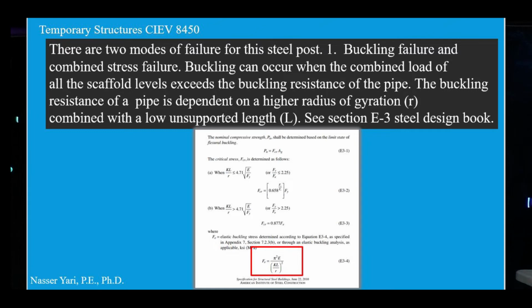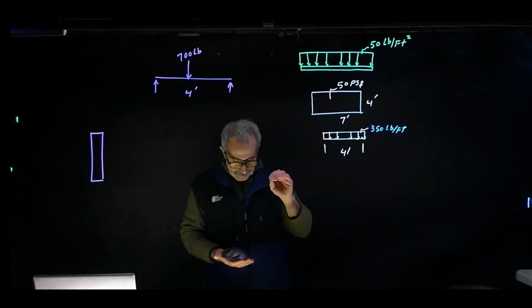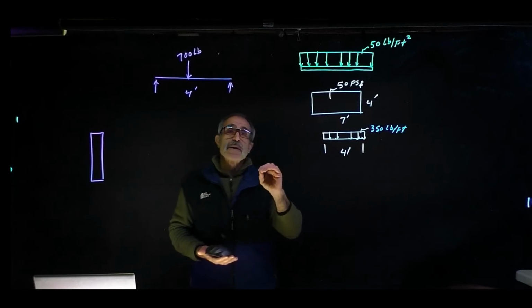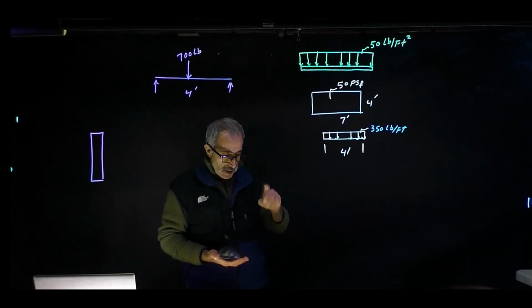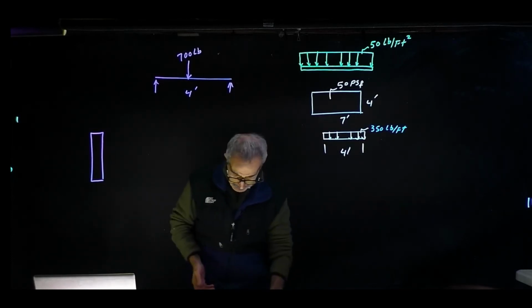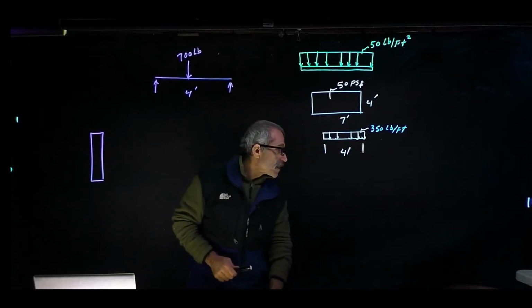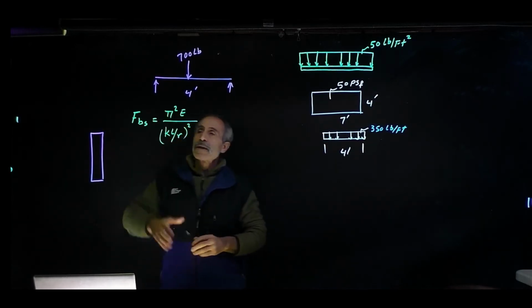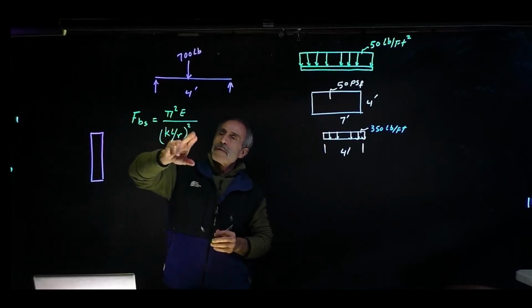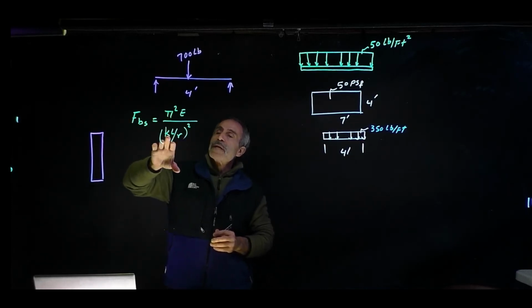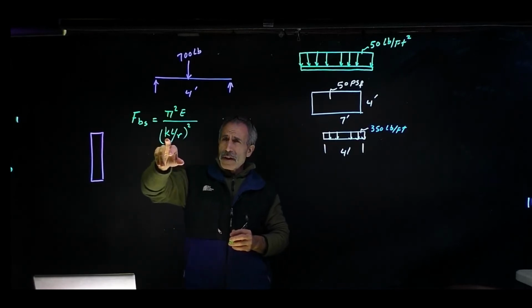We're going to design our pipe based on elastic buckling stress. And you can see the equation for it is given on a table, but we have to remember to put in the factor of safety, because this is controlled by OSHA and they require a factor of safety of 4. So the elastic buckling stress is pi squared times modulus of elasticity divided by the KL, supported length,